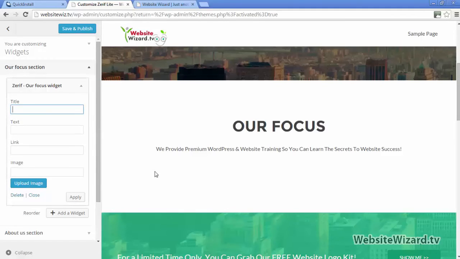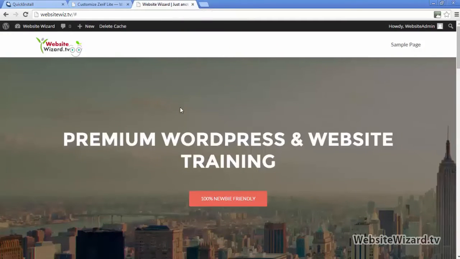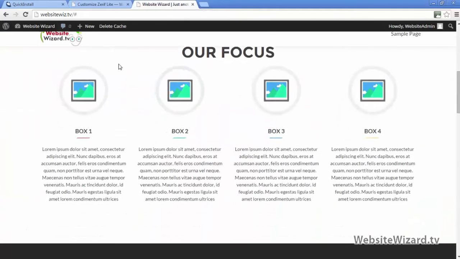So if you remember before, there were 4 areas right here, and this box right here is the information for the first one. So if I go back to our website here in the second tab, we might see that still here because we haven't refreshed the page yet. So yeah, there you go. So that's this first area right here. So I'll head back to the